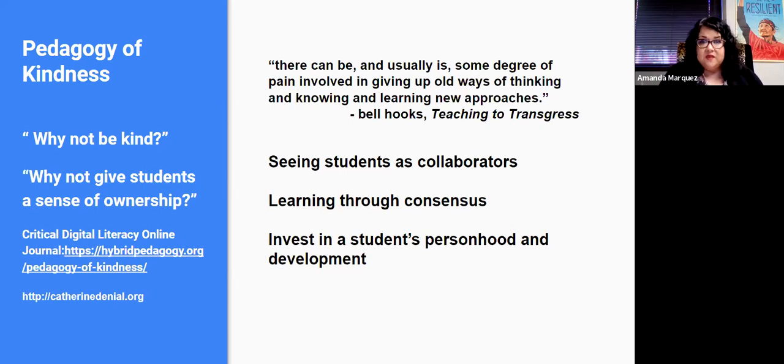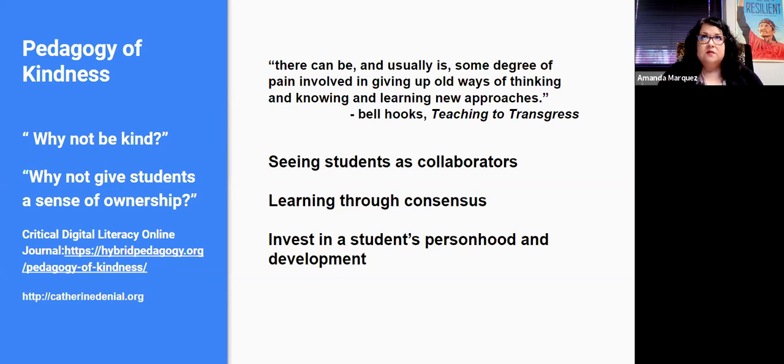And so I read the piece and thought about my own practices. I came to realize that in my courses, my goals are always to see students as collaborators, that they learn through consensus with others, their peers, but also with me as the instructor, and that students can make valuable contributions if we allow them the space to do so, while acknowledging the diversity of their backgrounds, their identities, and their perspectives.